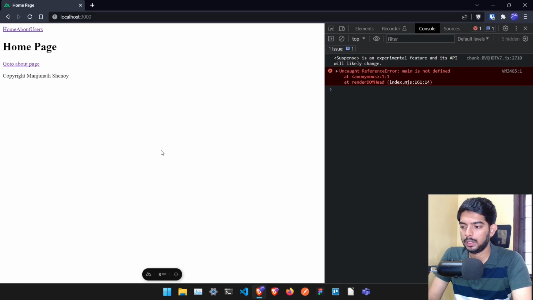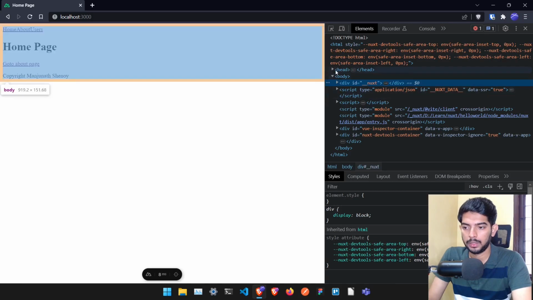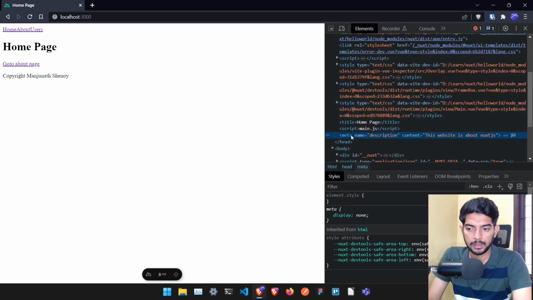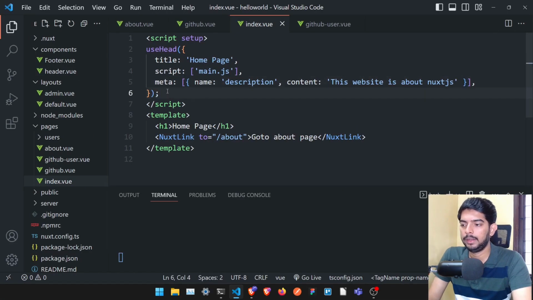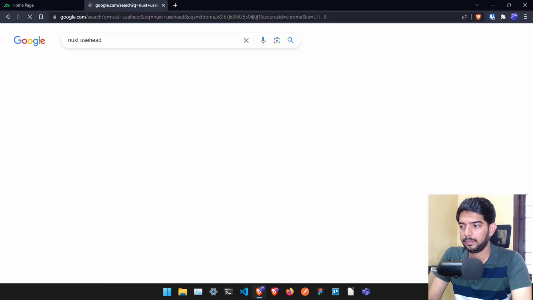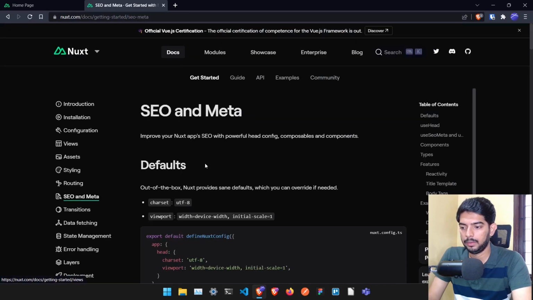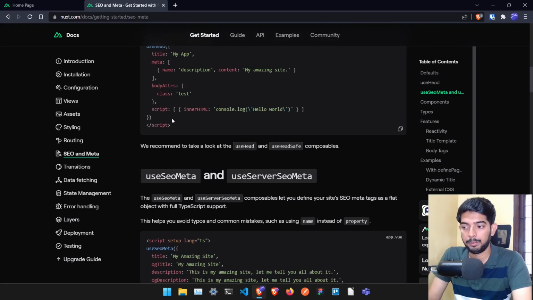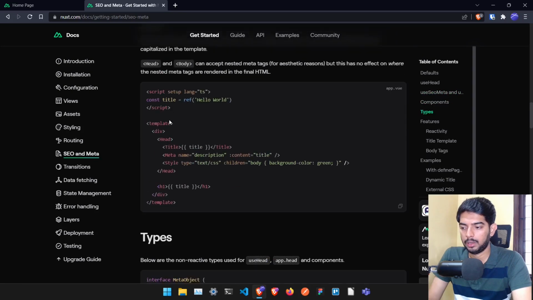So if I right click and show you in the head, we can clearly see one description meta tag is added, which says this website is about Nuxt.js. So that's how you can work with meta, and there are lots of options which you can add here also. Just go to the Nuxt.js documentation related to useHead, and you can clearly see all the other options which you can put, something like body attributes and script, and lots of other options also available which you